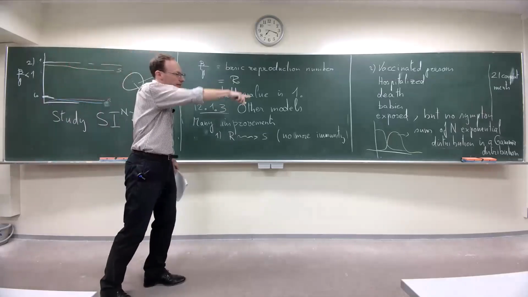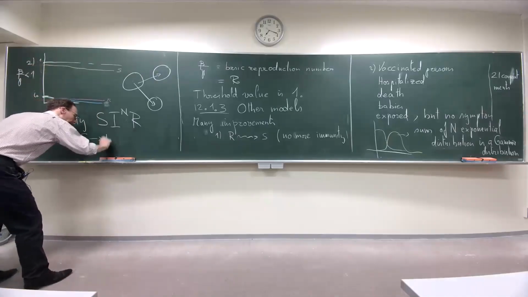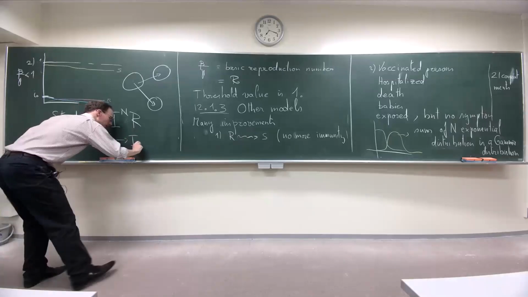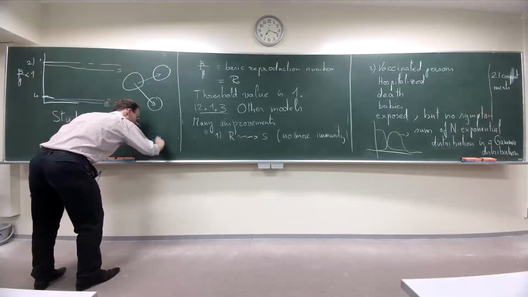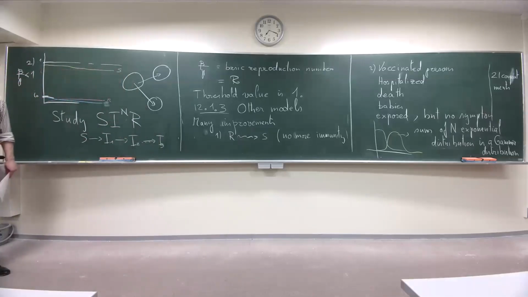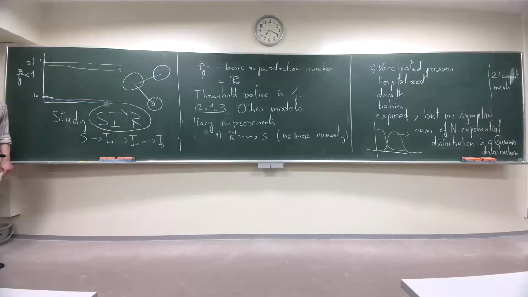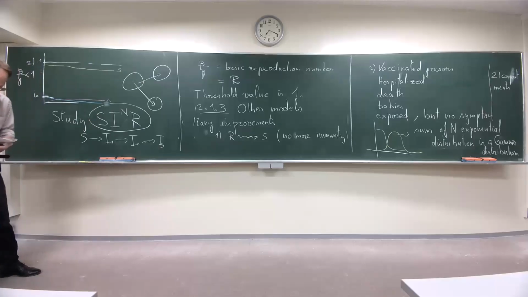So you can model this yellow curve by considering that you go from S to I1, and then from I1 to I2, then you go to I3, and so on. You do n independent infected stages, and then you recover. Because they're independent, you are going to get a gamma distribution, which is slightly better. And you can find information about this slightly better model. Simply, you have a sum of n independent exponential decays, and it gives you a gamma distribution.